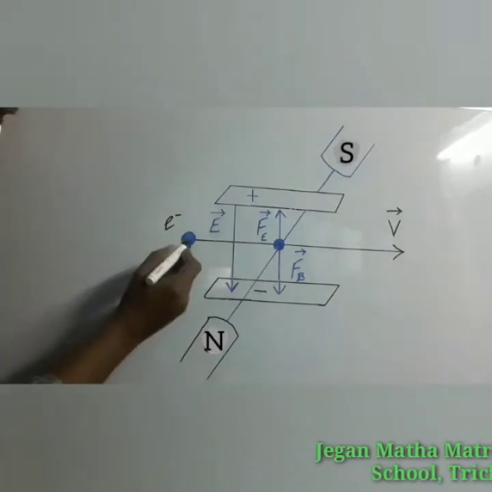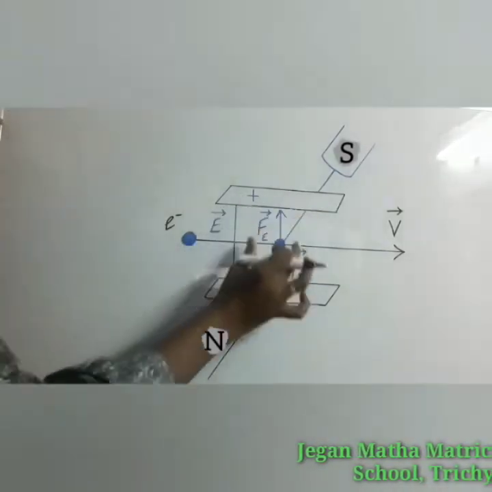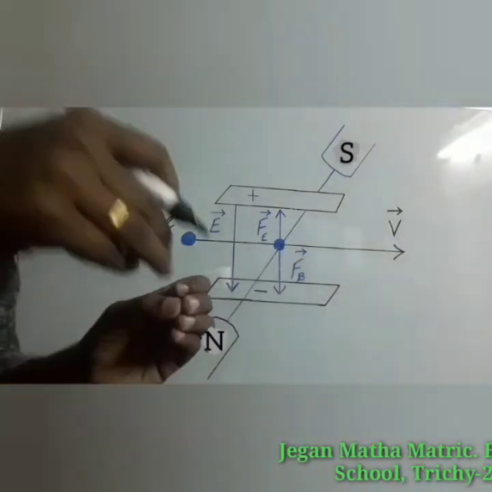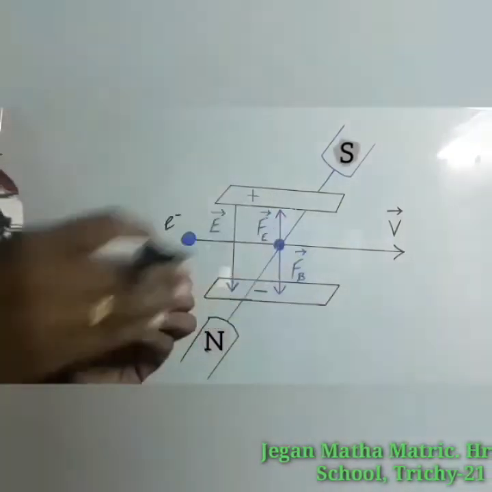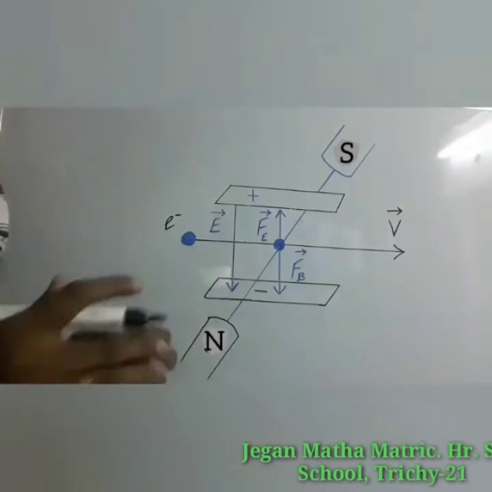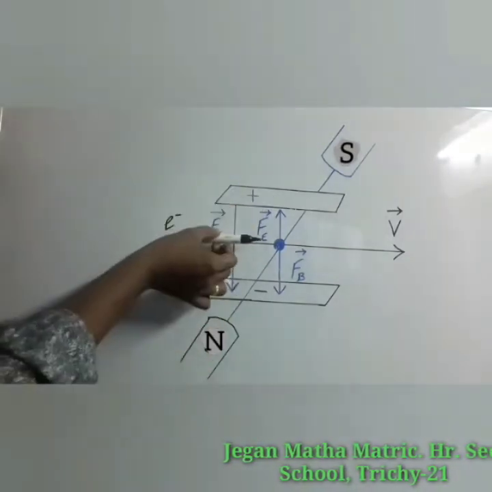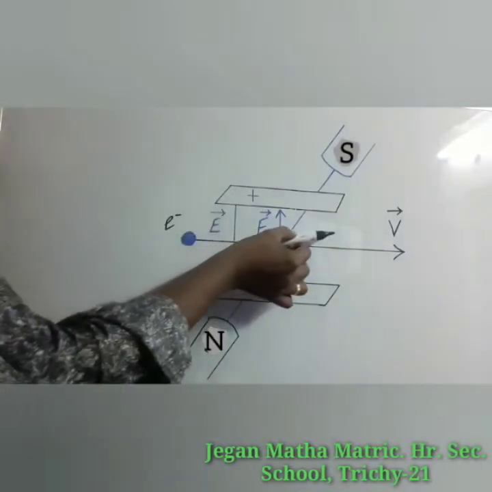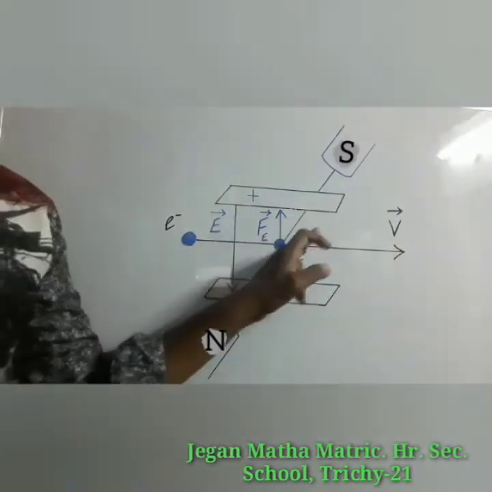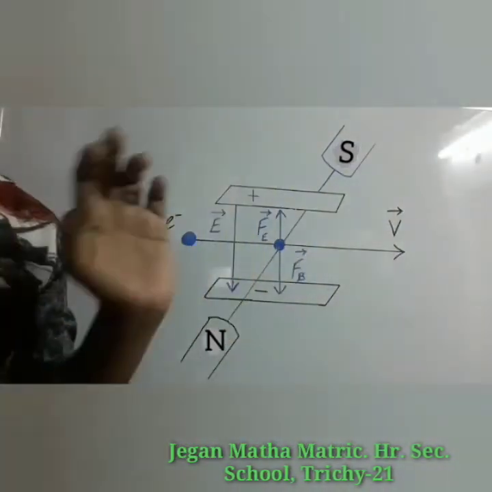So here this electron is going to enter into the electric field. If a force is applied on an object, the direction of that object will be changed. So the electron will be attracted by the positively charged plate and will deviate from its path, and fall on the screen at the new position P.